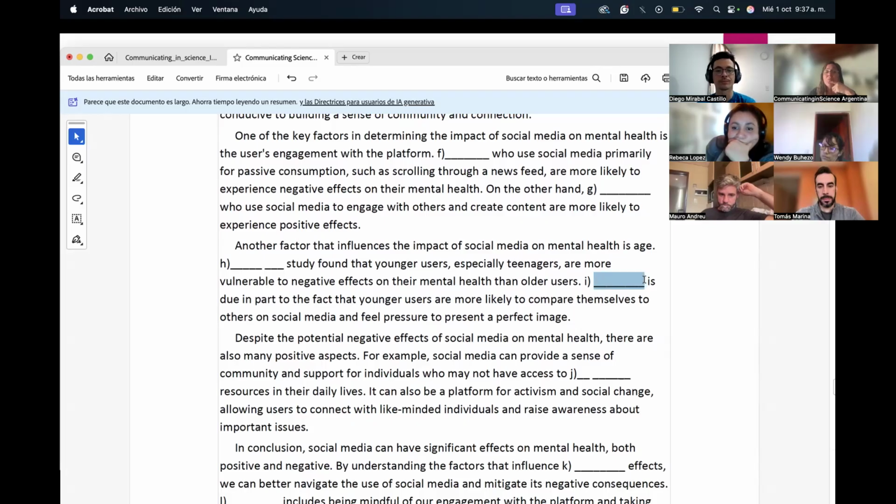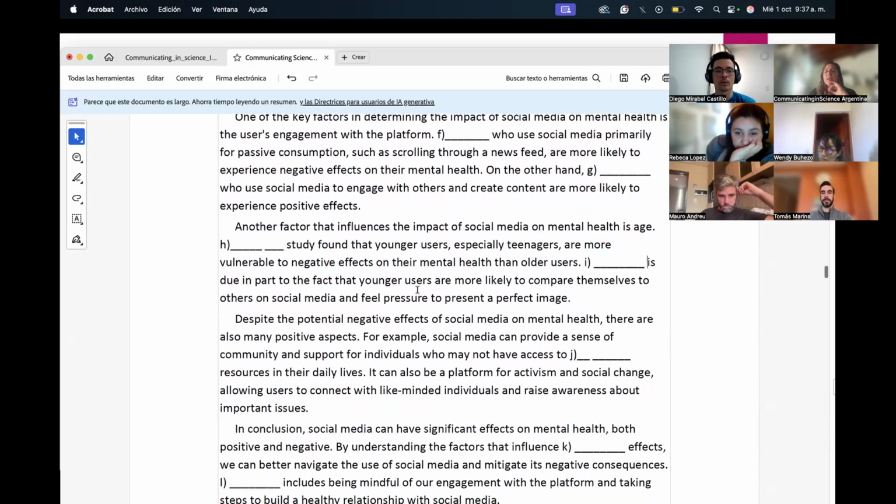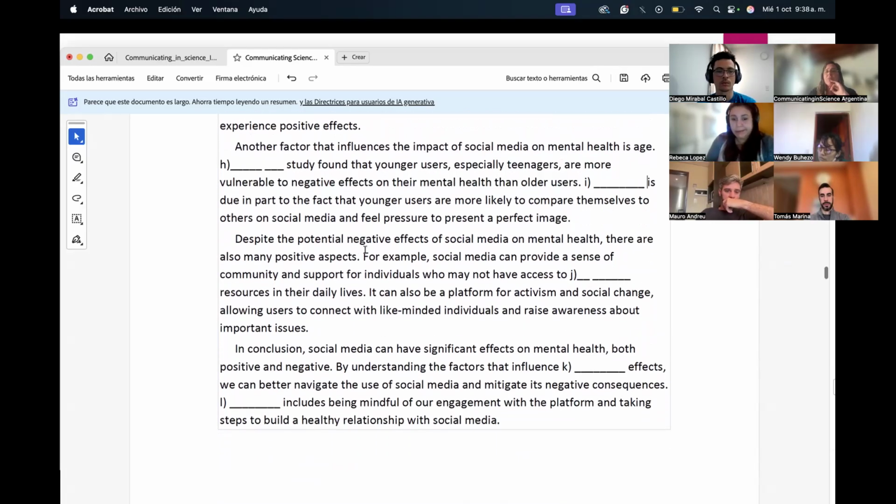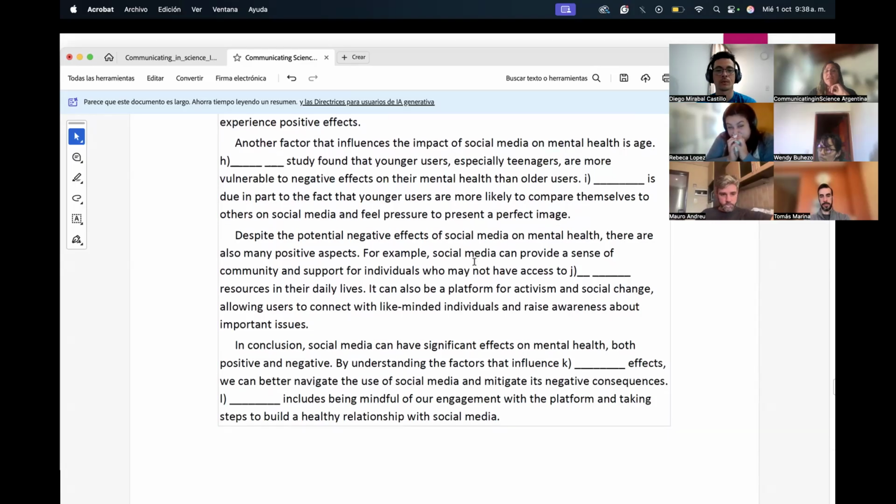This is due in part to the fact that younger users are more likely to compare themselves to others on social media and feel the pressure to present a perfect image. I'm referring to this previous phrase, yeah? Despite the potential negative effects of social media on mental health, there are also many positive aspects. For example, social media can provide a sense of community and support for individuals who may not have access to